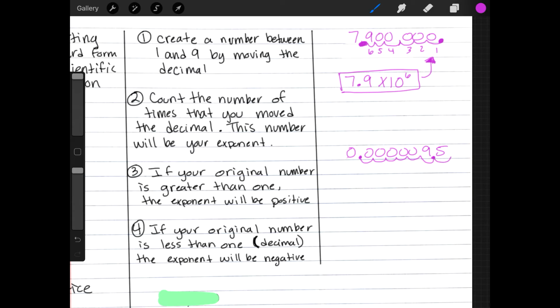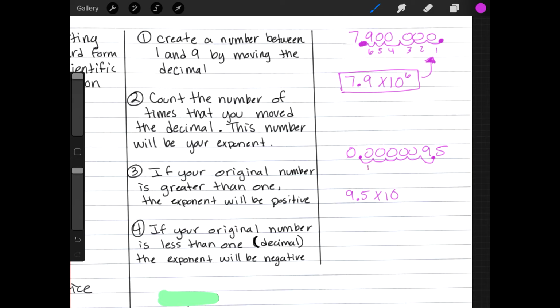Because if I move it over here, the first number would be 95, right? And that's not between 1 and 9. So it has to be between the 9 and the 5, not after it. Okay, so I know it's going to be 9.5 times 10, and let's see how many times we moved our